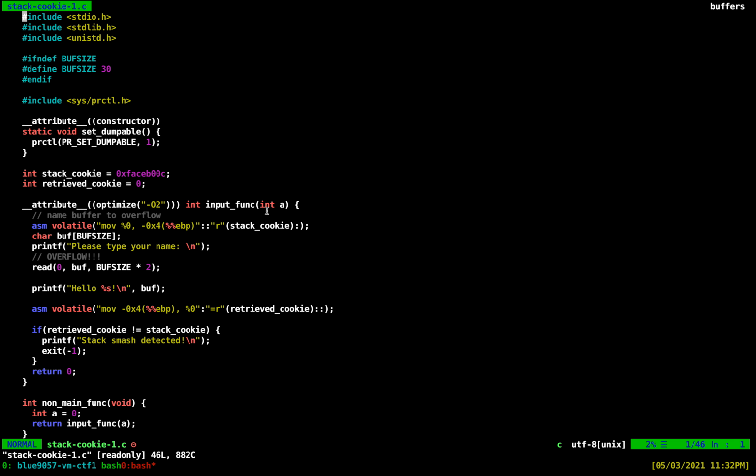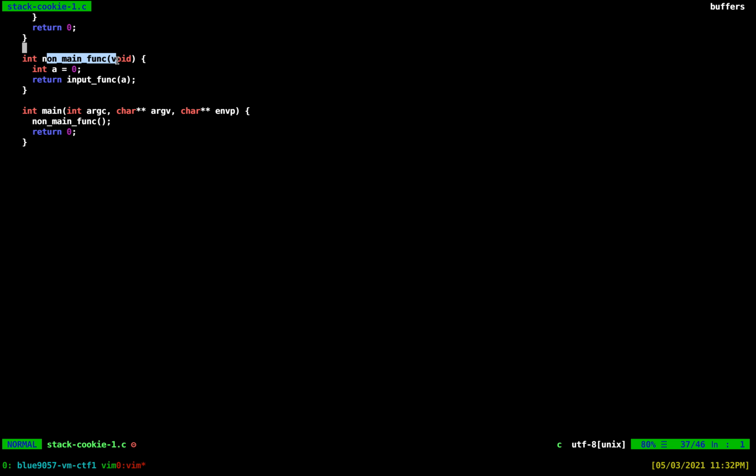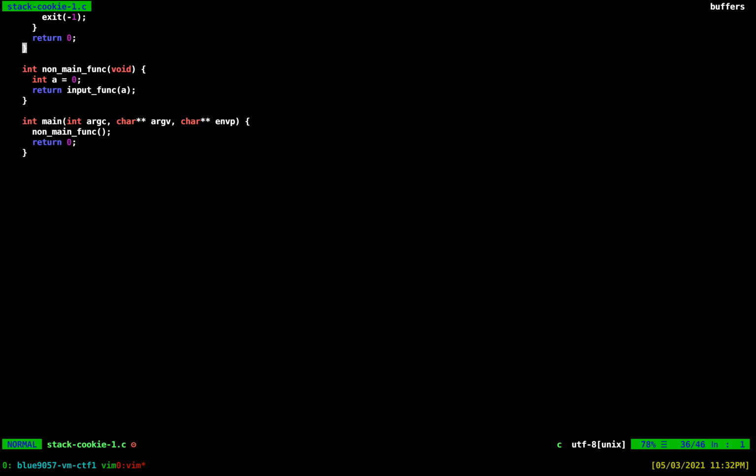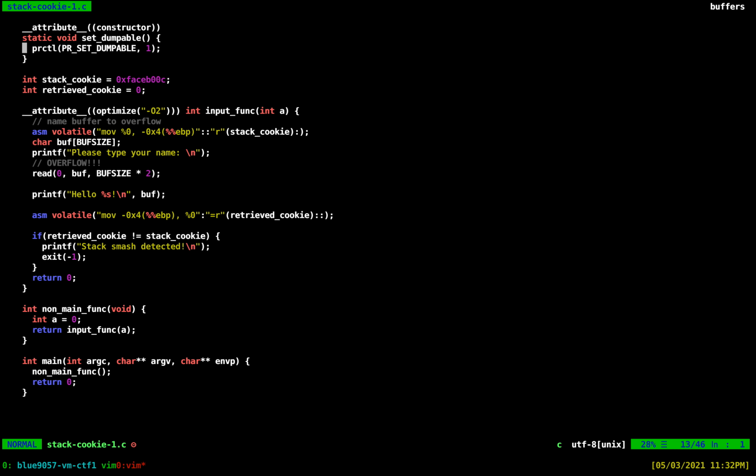What it does is it has a main, non-main function, and then inside the non-main function it calls an input function. So that's our target function. And then in the input function, it has a buffer with the buffer size, but it will read up to buff size multiplied by 2, so it will definitely overflow the buffer buff. But some of the special things